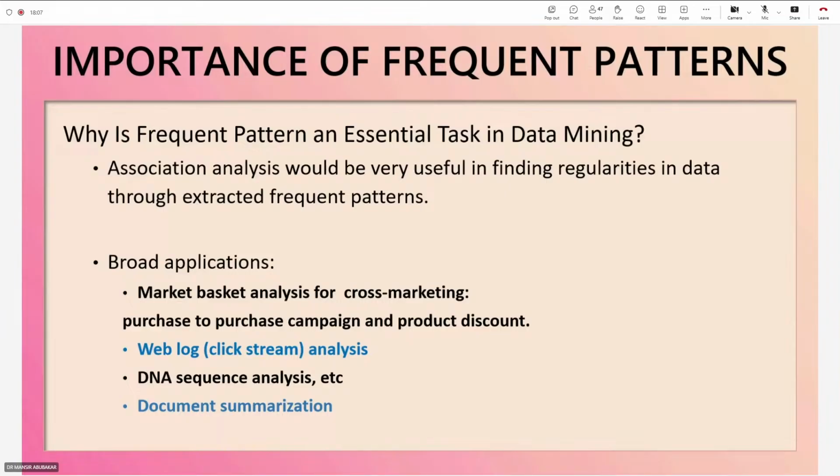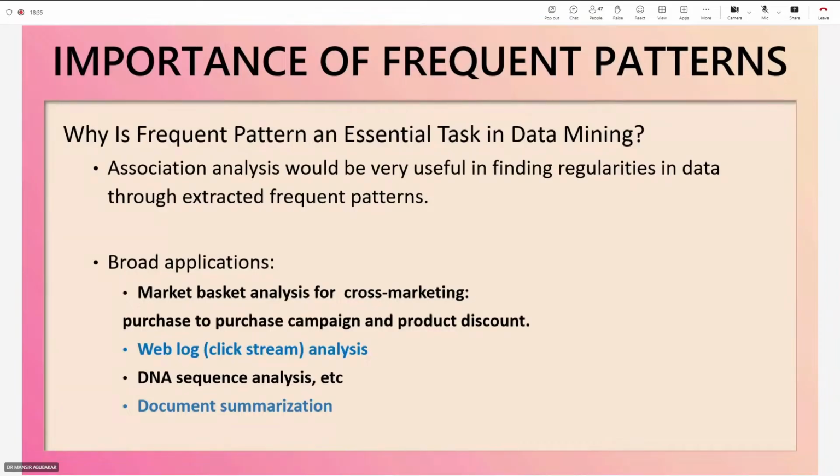So what is the importance of these frequent patterns? Why is frequent pattern an essential task in data mining? As we said earlier, we are always trying to see the importance of frequent patterns in our data mining course, and in the data mining concept in general. So understanding the concept, we need to understand the importance of frequent patterns in